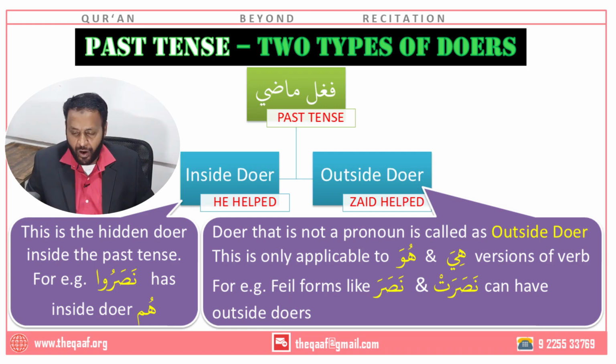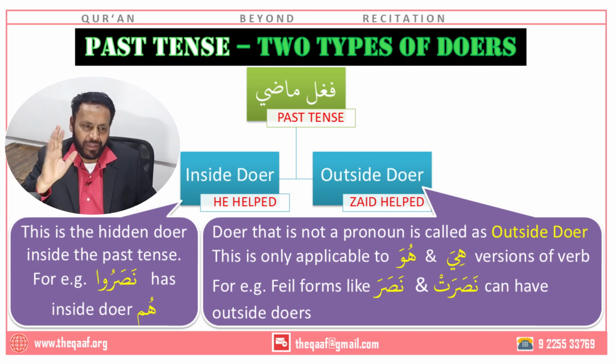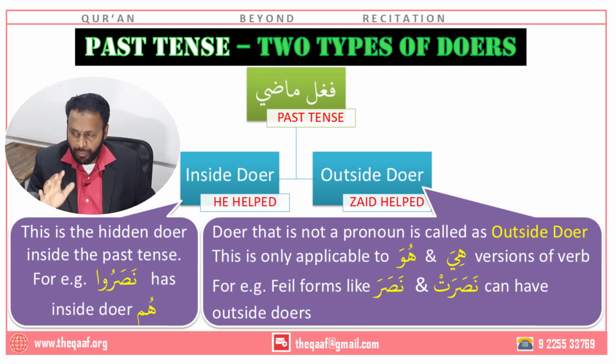Now, let's assume I come across a verb which is in the huwa or hiya form, any verb in one of these two forms. Then I should pause and verify certain things, just like we do for mudaf and mudaf ilayh. If the word is light, no. Oh, hold on, is it mudaf? Let me check the mudaf ilayh. So you do it like this. Here also, every time you are reading and you come across a huwa hiya verb, hold on, do some more checks.